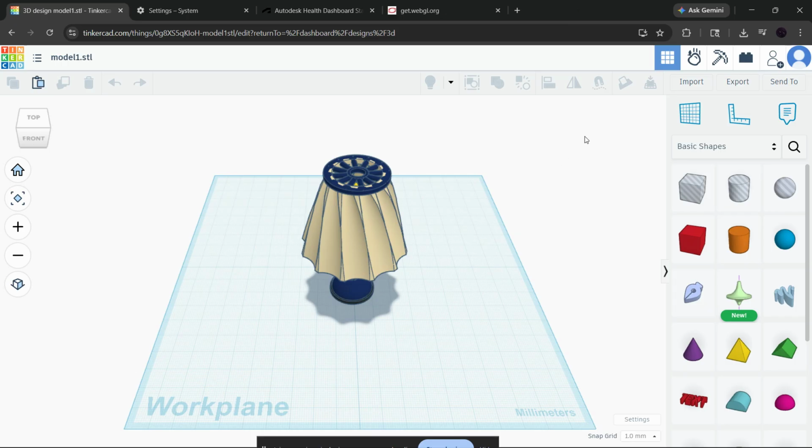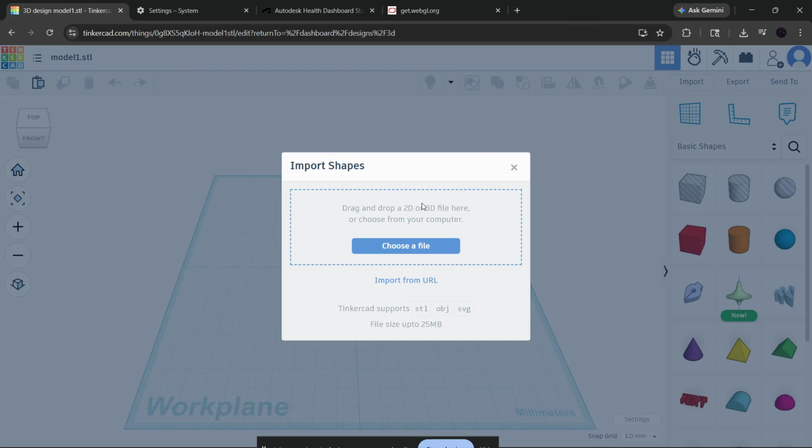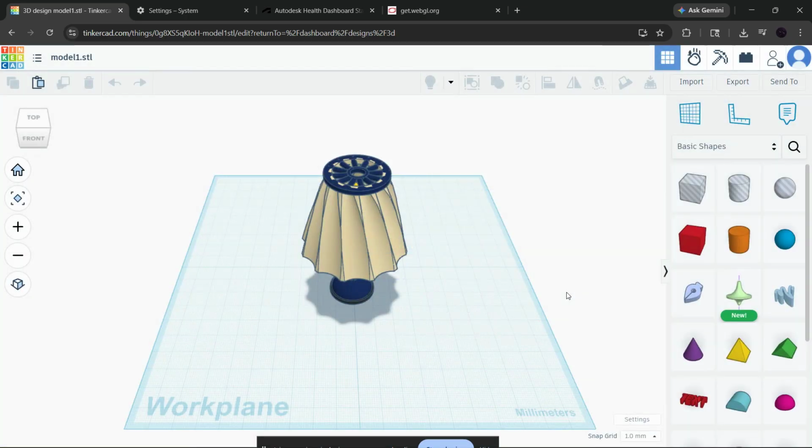Now, let's talk about SVG files, because those can also cause the same error. SVGs often fail when they include embedded images, complex effects, or path data that Tinkercad doesn't like. If you're working in Inkscape, go to File and use Cleanup Document. This removes unused definitions and hidden extra data that can confuse the import process. After that, select the whole design and go to Path, then Object to Path. This is important because it converts text and editable objects into true vector paths, which Tinkercad is much more likely